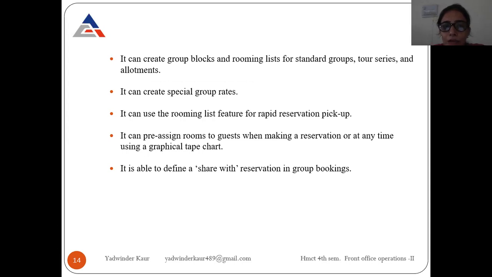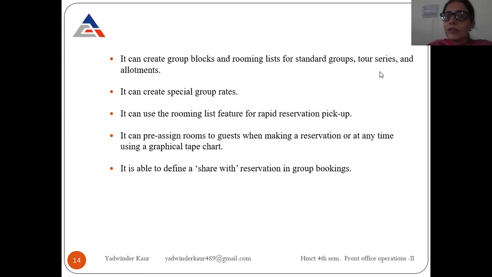It can create group blocks and rooming lists for standard groups, tour series, and allotments. Yes, in the reservations module, we can block the rooms and create group blocks, and also we can do the rooming list for standard groups.